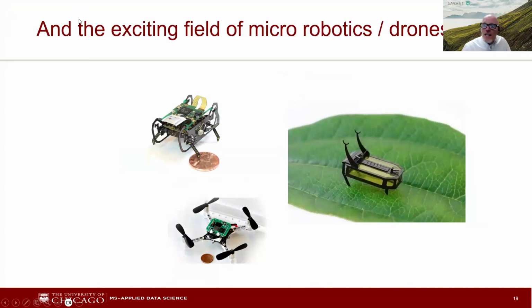So, there's the exciting field of micro robotics. The ability to land, to plant a seed, to manage a seed. This stuff is real. There's all kinds of crazy stuff they're coming up with. These micro drones, this is how we're going to do our drone swarm light show. We're going to put a big LED light on this. We're going to put a GPS in here.